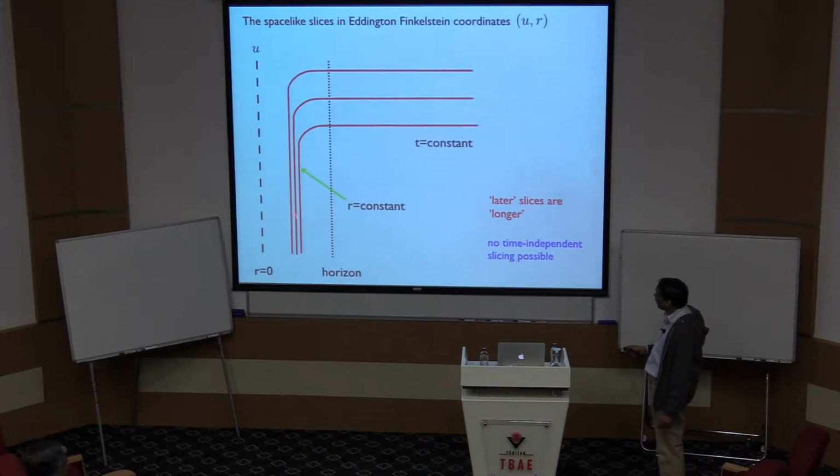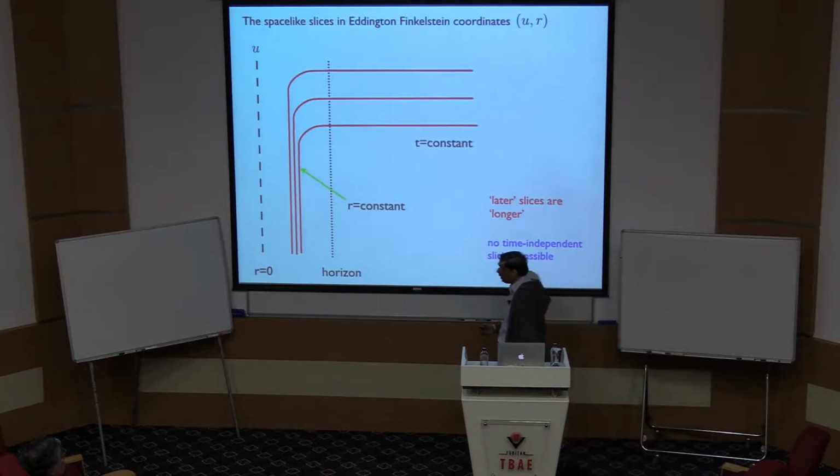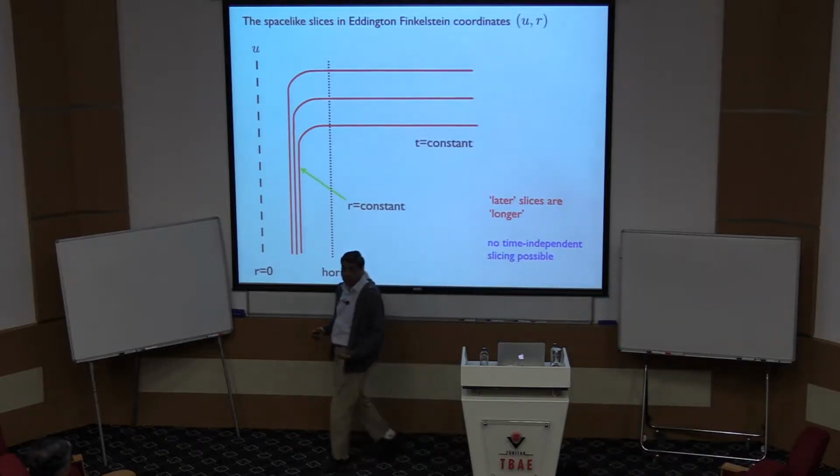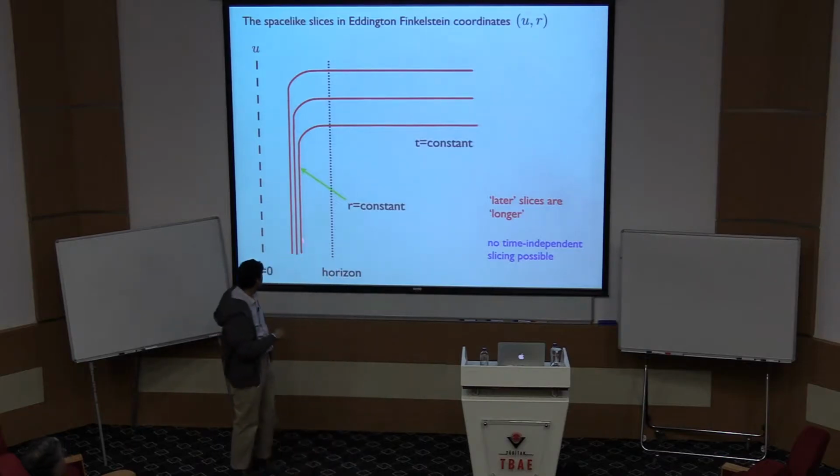So this one goes up to here the same, then it stretches more, and then comes out. This one stretches even more, and then comes out. The slices are stretching. Okay, and that's why once you have a black hole metric, you cannot make all the space-like slices the same. You can make one space-like slice like this, but the next slice has to be different